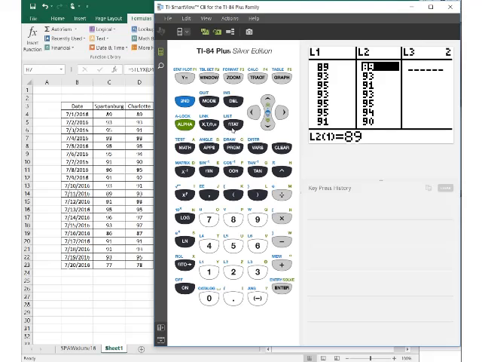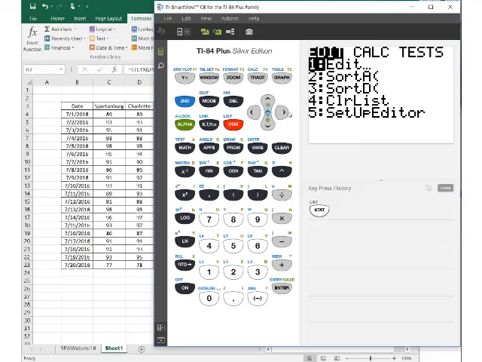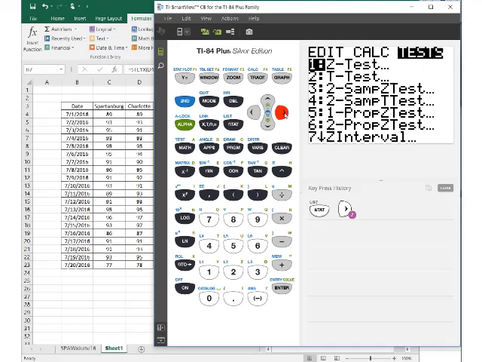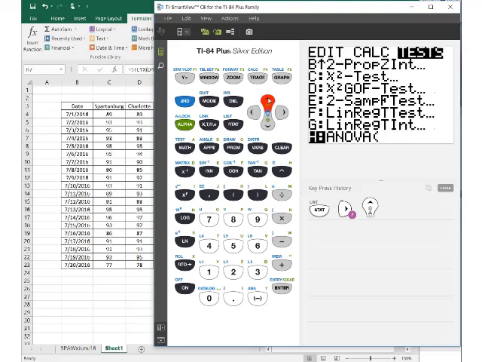To find the standard error, we go to Stat, and here we want to go over to Tests. Now we're looking for one of the tests that involves regression. It's actually easier to go up than down here because it's at the very bottom of this list. We're looking for linear regression t-test. It's option F on this calculator. It may be different on yours. But look for that linear regression t-test